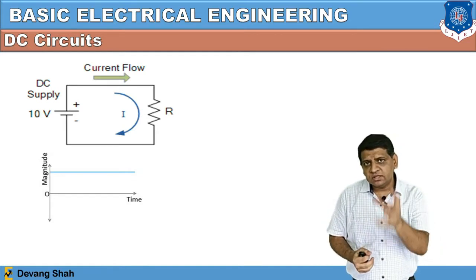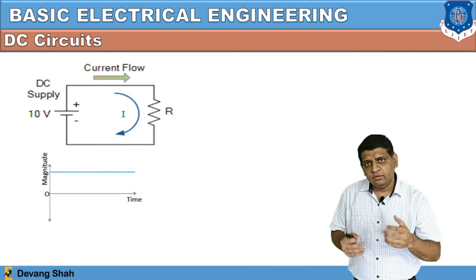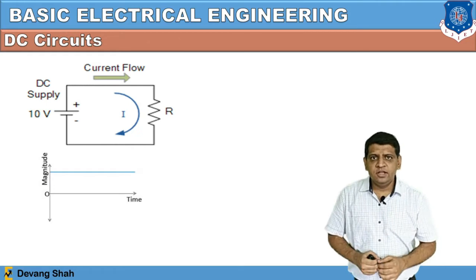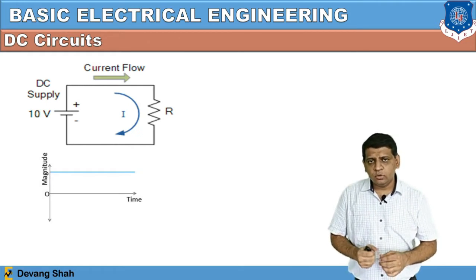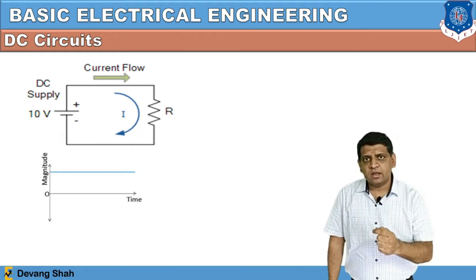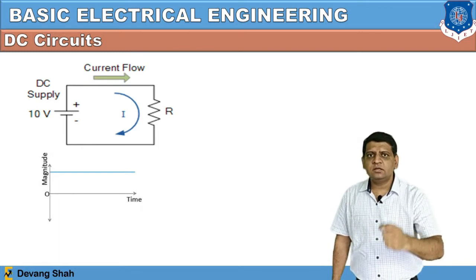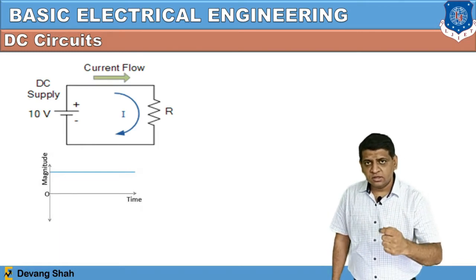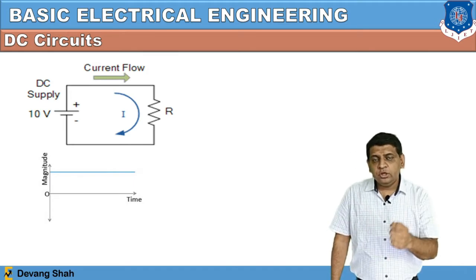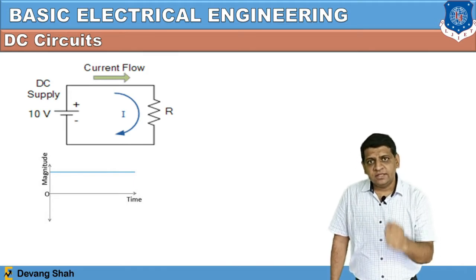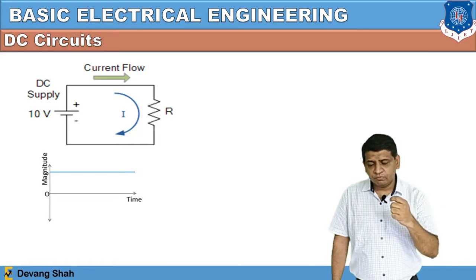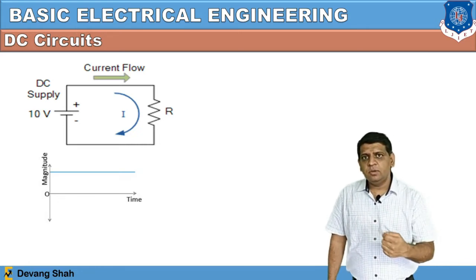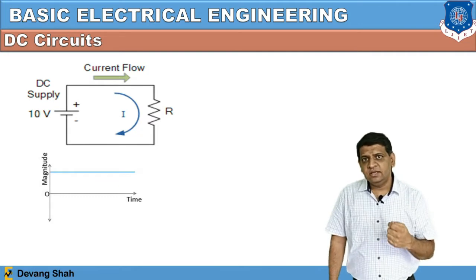So this particular resistance we are going to connect in a circuit, and then we apply DC voltage across this resistance. Once you connect resistance, inductor, and capacitor under the DC biasing condition or DC excitation condition, you need to check their behavior. So in our first section, let's check the behavior of resistance under the DC excitation.